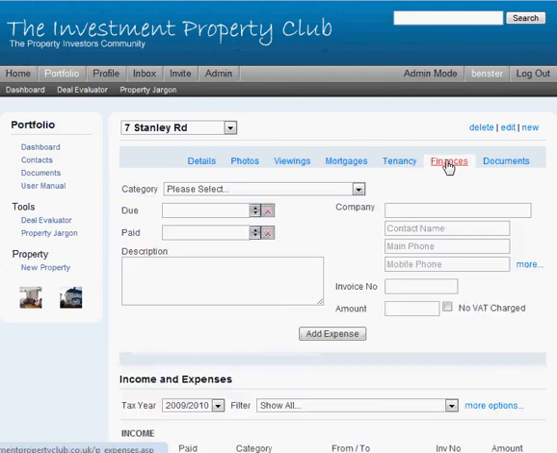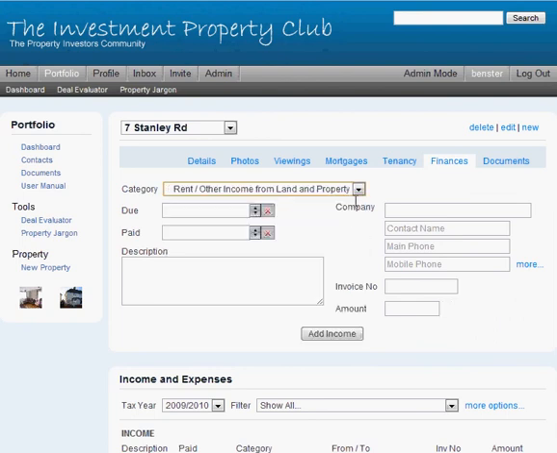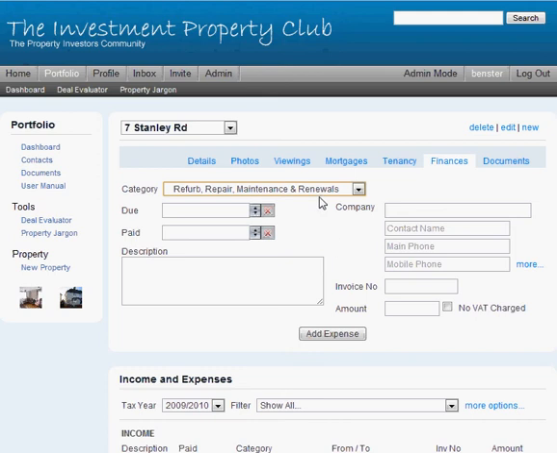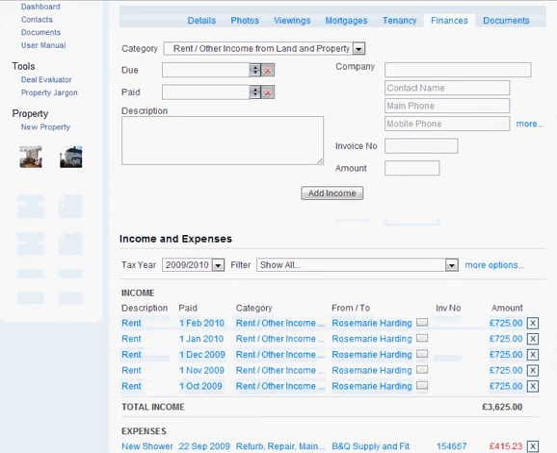So quickly onto the finances. Here you can record your income and your expenses. If I do income, you can see the screen changes to reflect whatever you choose. These are the tax categories, by the way, that you're selecting here, and then you can enter the due date, paid date, type in the company. There you go, and you just quickly can select contact, invoice number if you know it, and the amount,